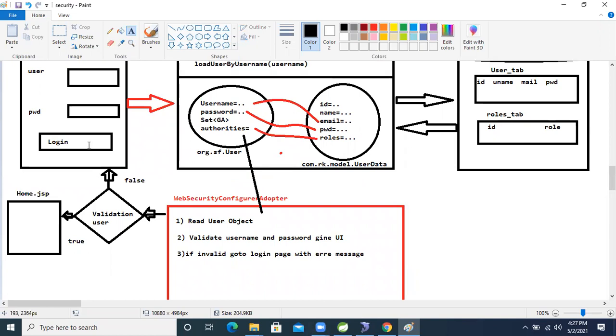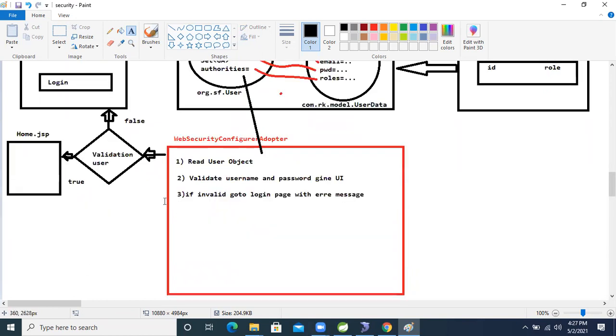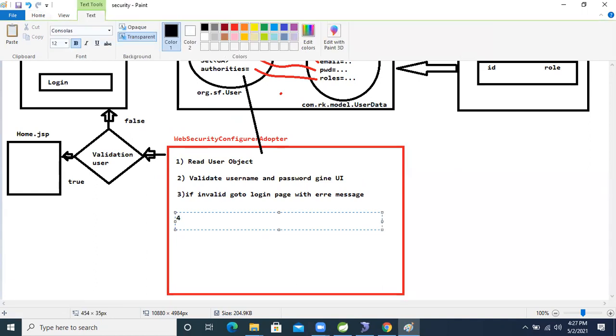After that, what operation will we perform, guys? Fourth, validate the role also.